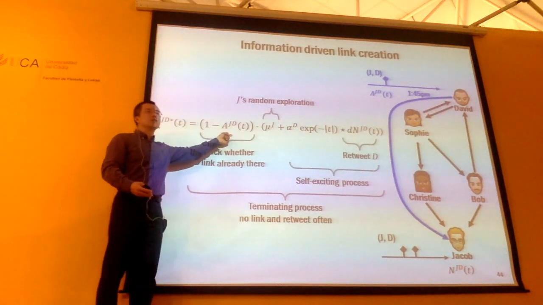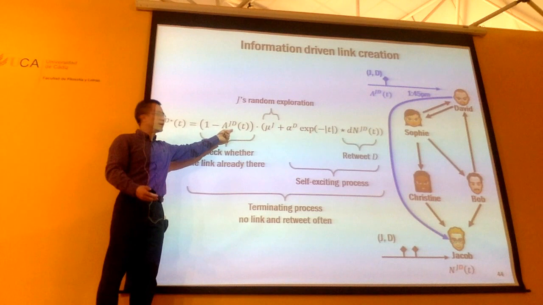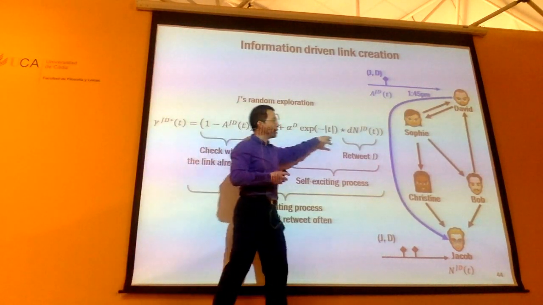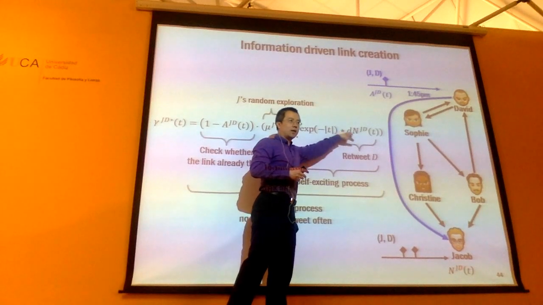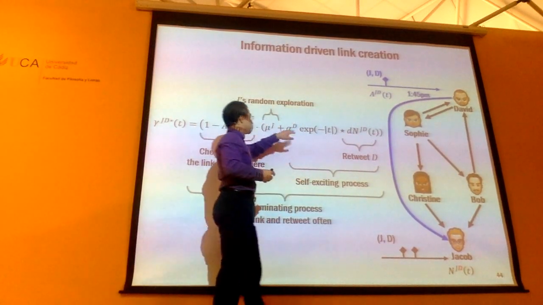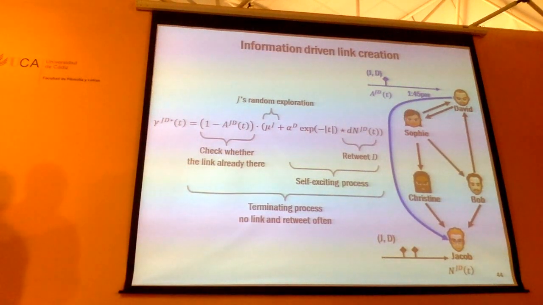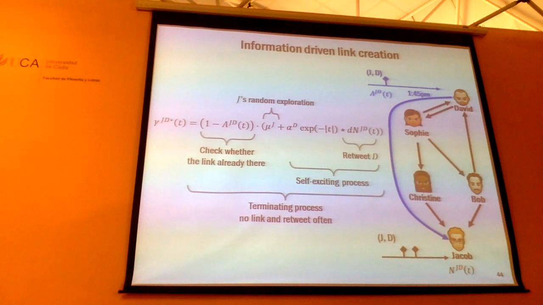And then the checking condition depends on whether the edge is already there or not. And then the actual driving force of creating the edge is the intensity, this Hawkes process, right? And also this Poisson process. Okay, you can compose all these things together and then build all these kind of complicated models. So now essentially you have two parts. The first part is